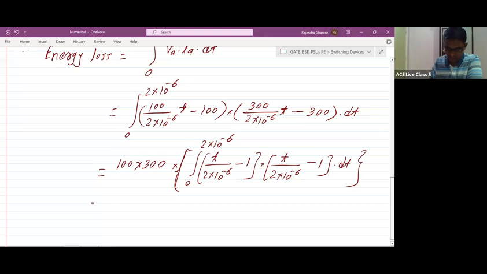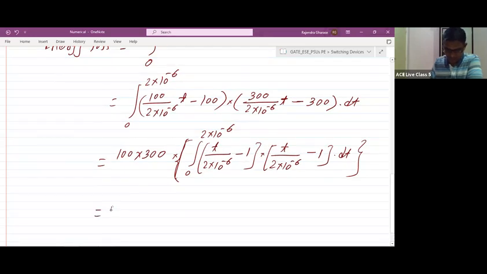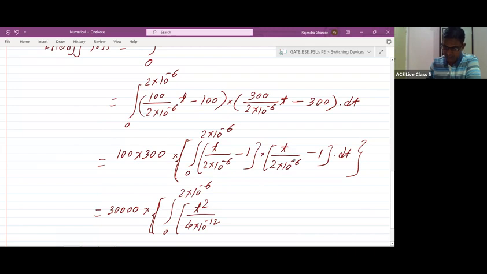Therefore we can write this equal to 100 into 300, which you can write as 30,000, into the integration from 0 to 2 into 10 to the power minus 6 of, in the bracket, t square upon 4 into 10 to the power minus 12, this term into this term. So it is t square upon 4 into 10 to the power minus 12. Next, minus t upon